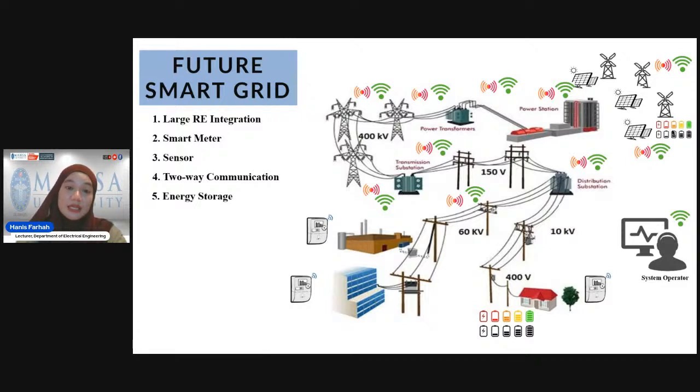Because during a very sunny day, sometimes the PV can produce over generation, so the excess energy that has been generated can be stored into the energy storage and used later when needed, especially at night when there is no sun and you want to save your electricity bill. You don't want to consume so much electricity at home, so you fully utilize the electricity from the battery that has been stored during the day from the excess of PV, of excess of